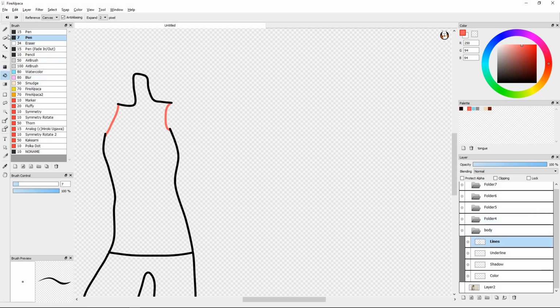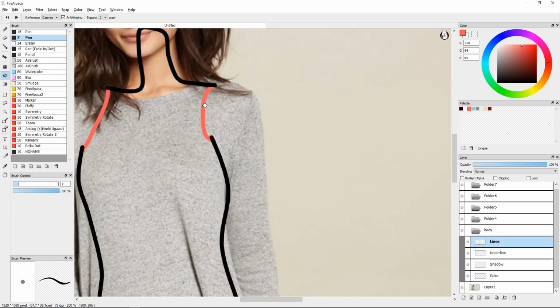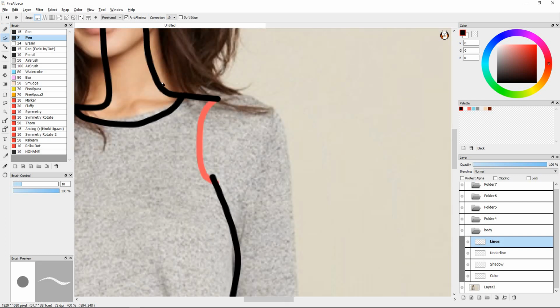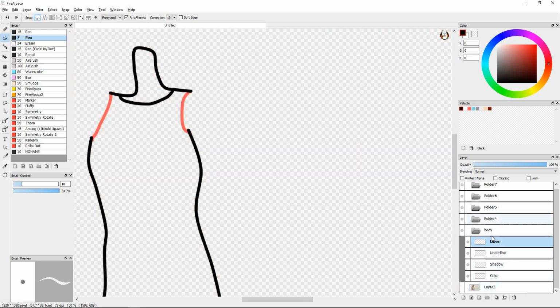So let's go back up to the lines, and let's bring her back in. Let's give her a bit of a shirt. So D for draw, pick the black, which we did, B for brush, and let's just give her a little bit of a shirt. And there we go. That might need a bit of erasing here. And there we go. Now we should be able to do that. So if we erase, get rid of that, go to our color, go here, use the G key,